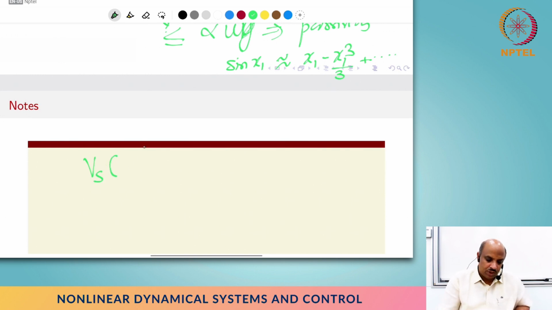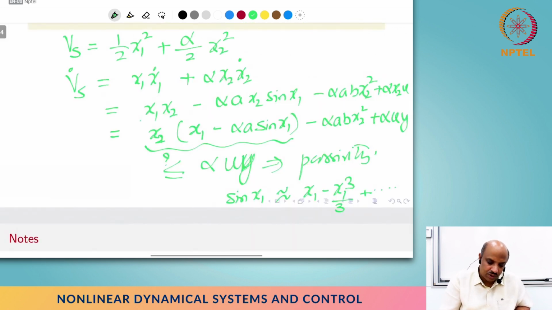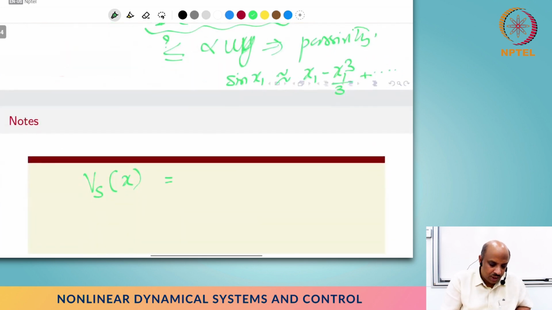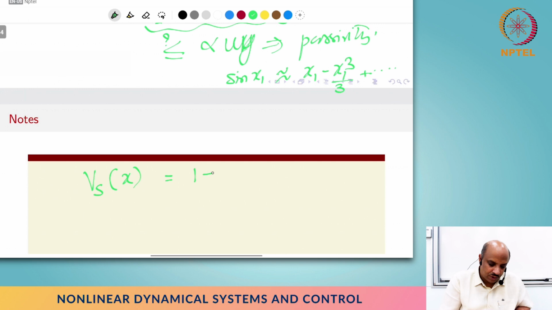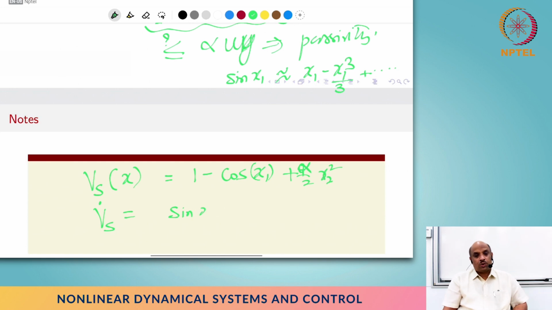Okay, so the nice thing is now I pick alpha equal to 1 over a and cancel out the sine terms, and I'm going to get this is equal to, alpha is 1 over a, so minus b by a x2 square plus 1 over a x2u, and writing this in terms of output, I'm going to get 1 over a uy minus b by a y square, right? So this shows output strict passivity, right? So output strict passivity,